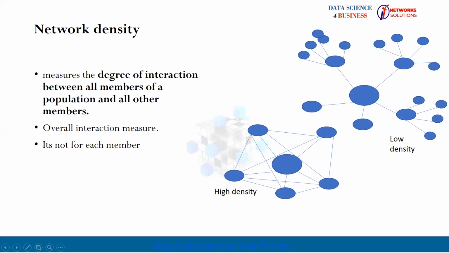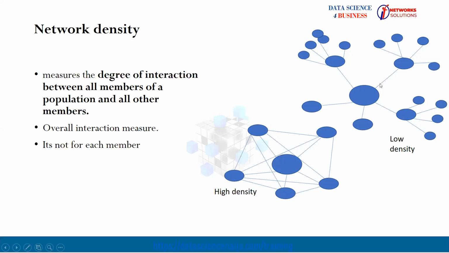So let's look at network density. Network density measures the degree of interaction between all members of a population and all other members. If you look at this again, you will see that this guy has a high density and this guy has a low density. Why? Because we said it's an overall measure of interaction. So that means there is a lot of interaction going on with this high density network guy. But the interaction of this person is scattered, okay? And of course,